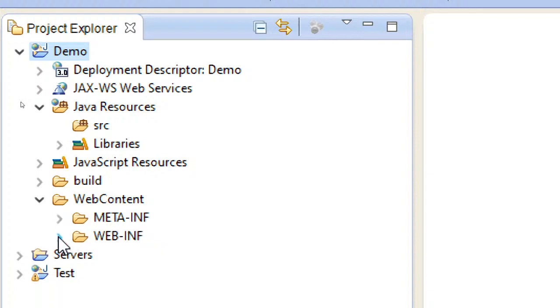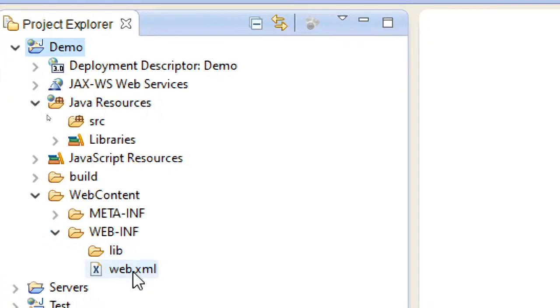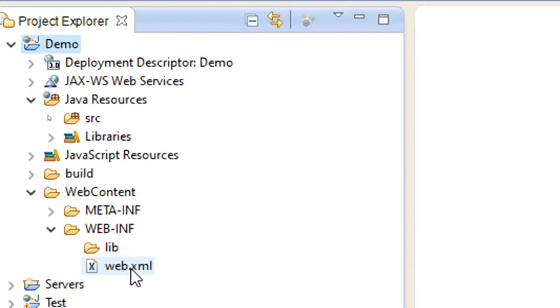And WEB-INF, here you can see library and then web.xml. This is the web.xml we are going to use for performing some configurations. So just remember this. This is how the hierarchy of folders will be created automatically when you choose to create a new dynamic web project. I hope you are able to understand now.